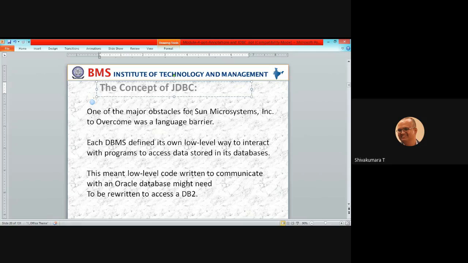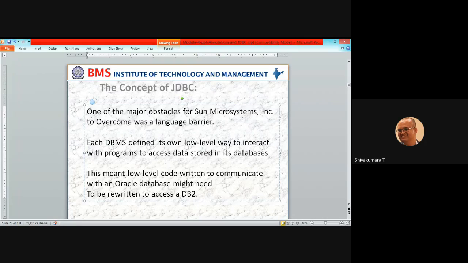With little modification or updating of the content, that lower level implementation lets you connect to external databases. Each DBMS defined its own low-level way to interact with programs to access data stored in its databases.